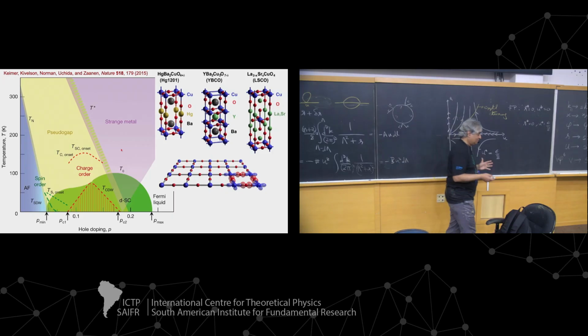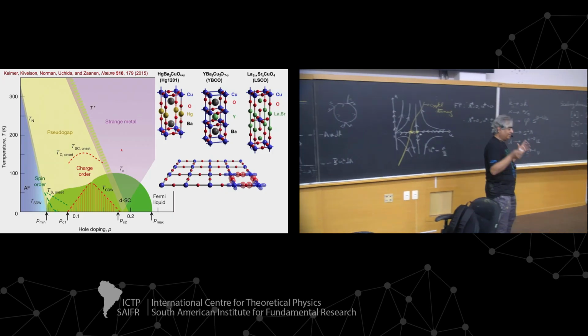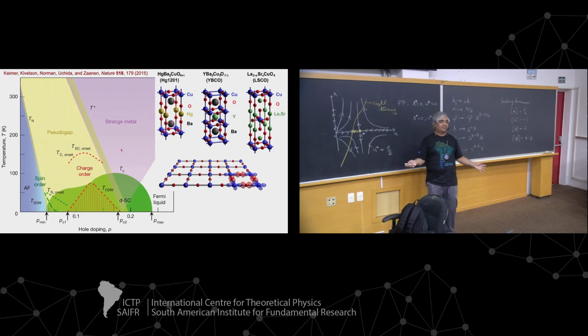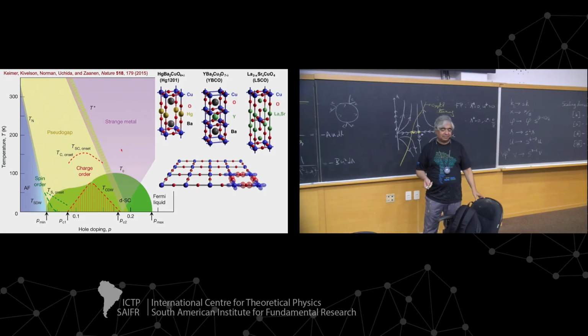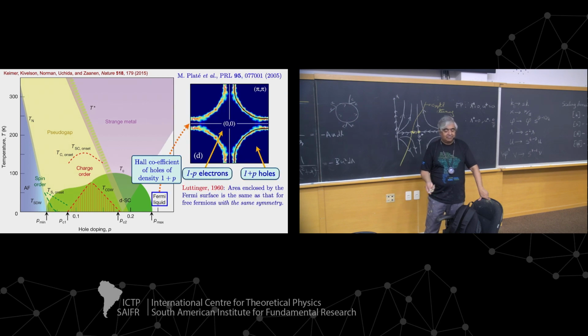And the various order parameters have reared their head over the last 30 years. Everything has fallen by the wayside. So how can we put the cuprates in the paradigm that we discussed today? So the key is to then understand what are the two phases on either side, okay? So on one side, of course, we have the Fermi liquid. This is well understood. The large Fermi surface, just free fermions to some extent.